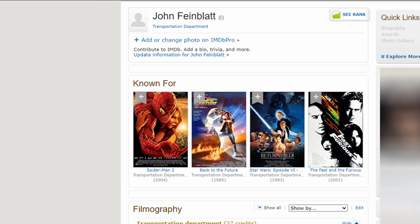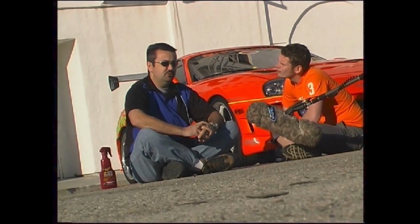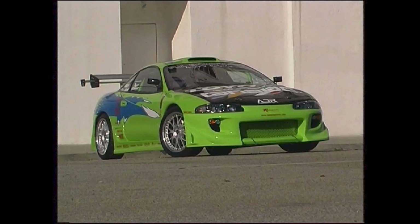So they could have got a lot of people to jump on board, and they did. They brought on people like Ted Mosier, who was the picture car captain on the second movie, John Feinblatt, who's been on every decent car movie ever, Tim Woods and all of his amazing mechanics who helped to create replicas of the Hero 1 cars, all of which were rented from private owners like me and Scott Santra and John Lappin and so forth. As you probably know, some of us spent months building our own cars, and Universal's picture